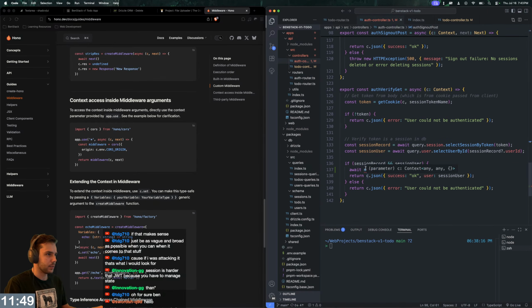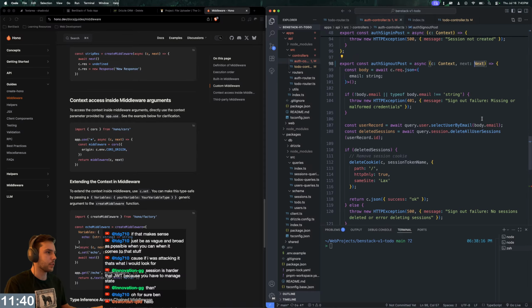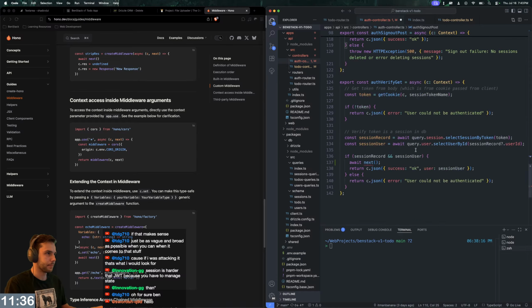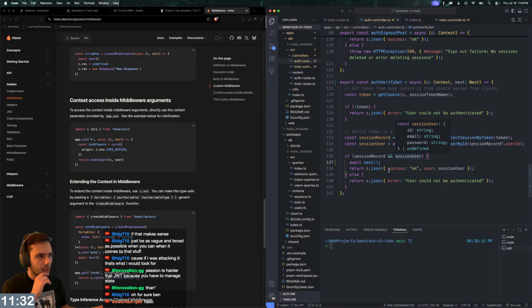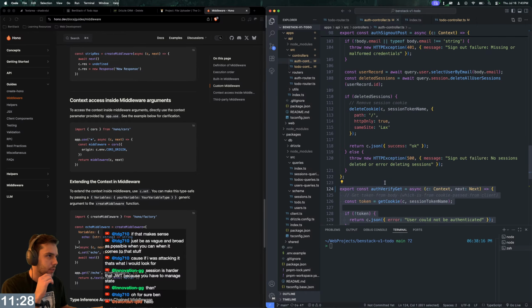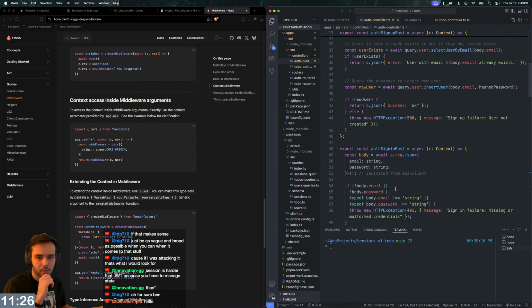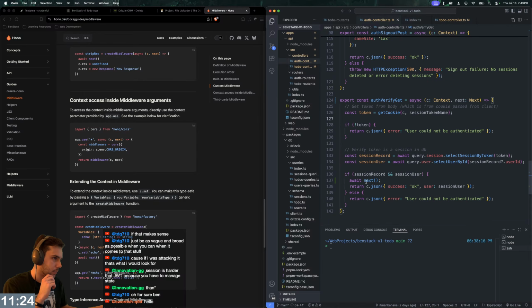Wait, next. Oh, because I added it to the wrong function because I can't see the function delineations, apparently. So that's what we want. Okay. Should probably separate each one of these into its own file, but meh, it's okay. It's just a small